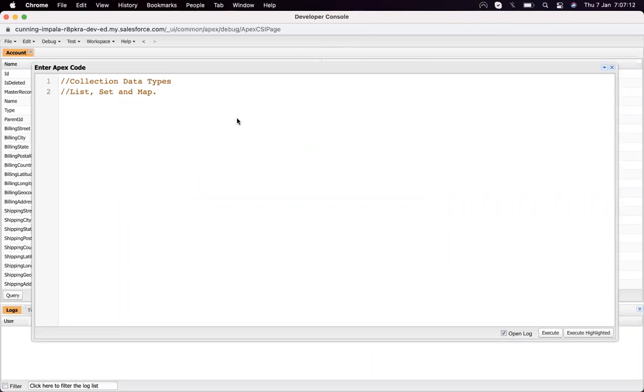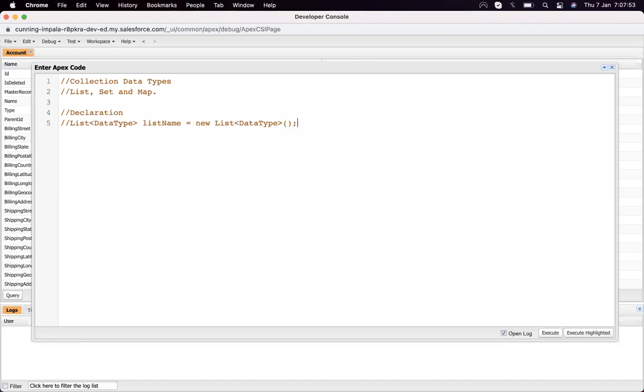For declaration, we write the list keyword and then a data type, then the list name equal to new list of the data type.